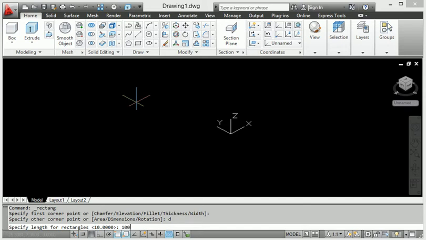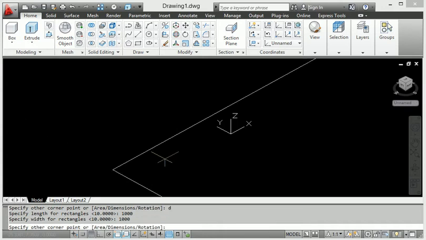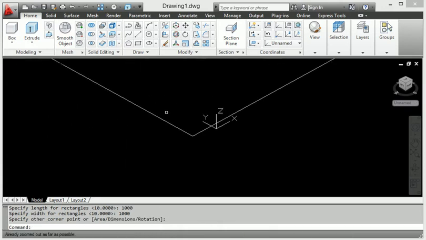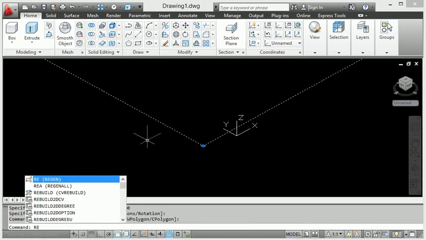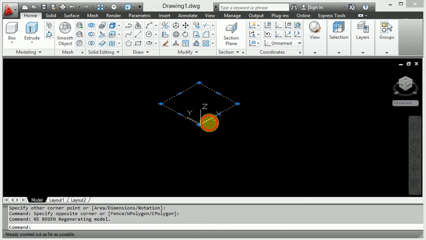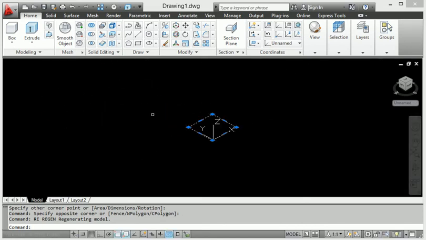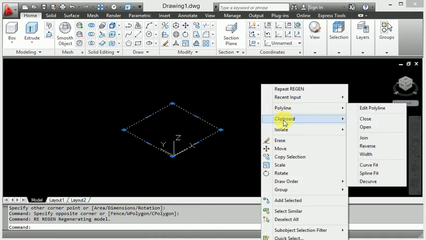When I press enter, I will provide 1000 and also provide 1000. Look at this, our rectangle is made right now.